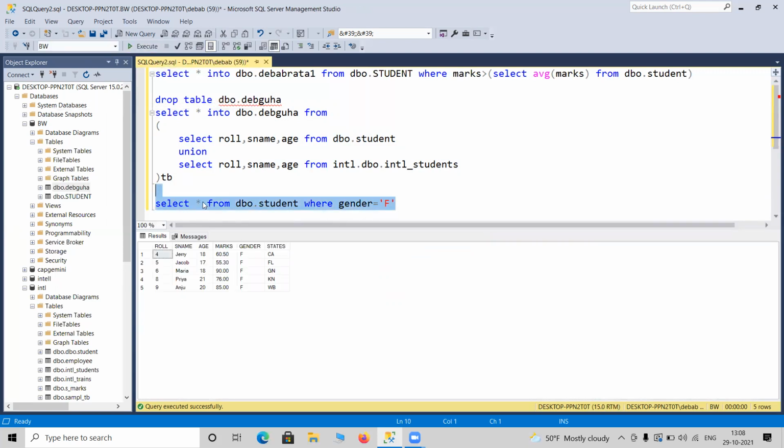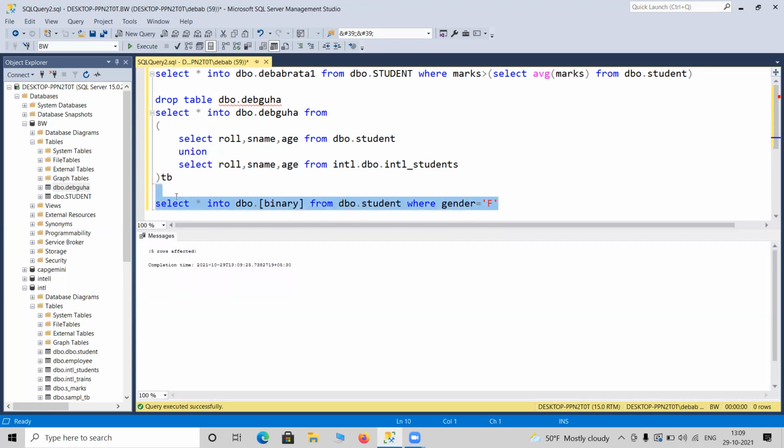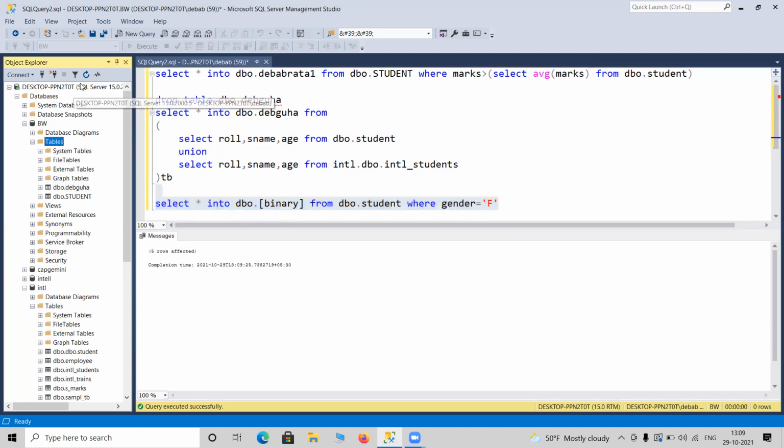If I want to insert that into some table called binary, binary is a keyword, look, it is in blue, so I can use brackets to avoid such confusion. If I want to store this data from the simple query learned in the last class, I can also use INTO the table name before FROM. This is going to be stored in the database in physical format.